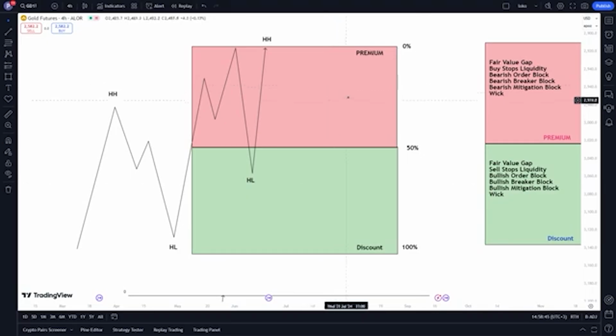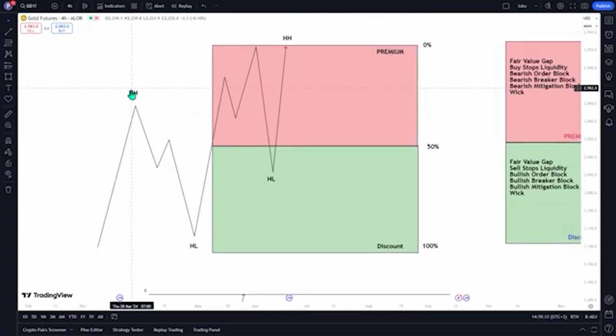The two main rules are to sell in the premium market and buy in the discount market. The premium begins after 50% of the Fibonacci grid, and the premium market will always be on the top, the discount on the low of the Fibonacci. On the chart, downtrend movements and uptrend movements are always going to be the same, because the rules of correction are equal for every time frame and every asset you want to trade. So if you want to open a long deal, you need to wait for the discount market to make your